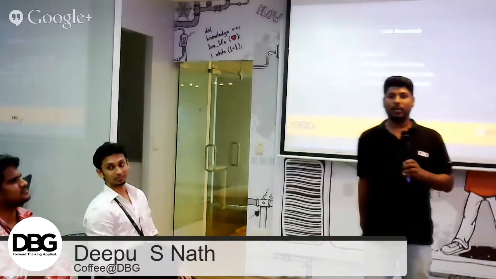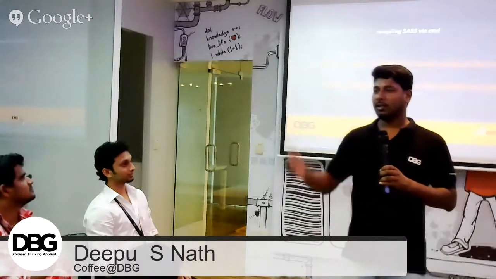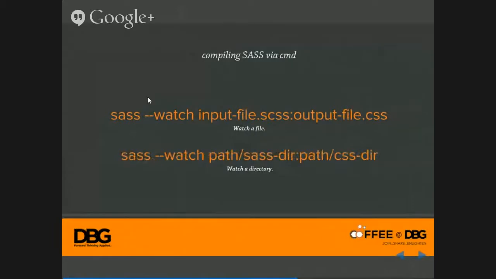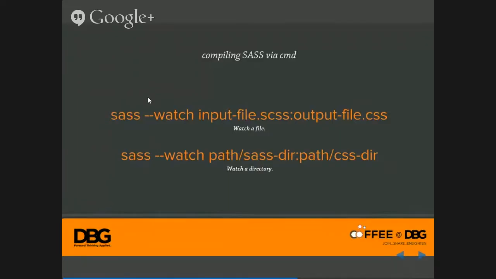Once we installed it, it asked for a source and target, and we just gave the source and target. Watching is for the command line. We do not need to do it if we are using Scout. It will automatically watch.